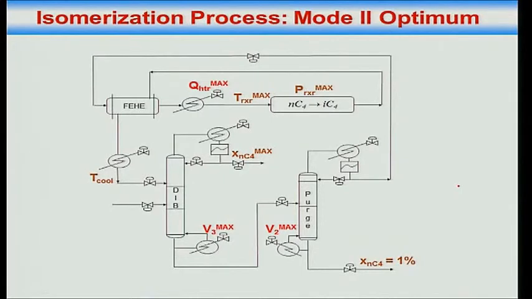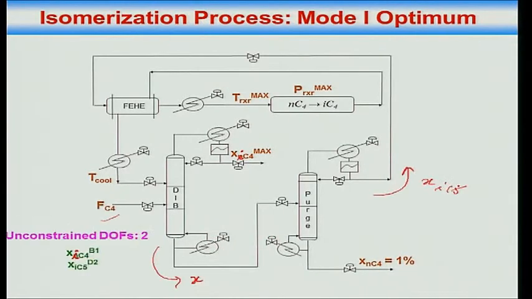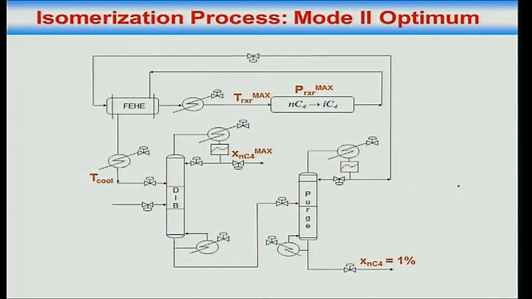So now, by the way, does it make sense? Think about it. If I go back, FC4 is fixed. Let us say I am jacking up FC4. As I am jacking up FC4, Q heater max becomes active, and if I want to increase FC4 further, I should also maximize my boil up in both the columns. Why is maximizing boil up causing a rise in throughput? How will you maximize boil up? Because the more you are setting up the things up, the more it will start sucking.